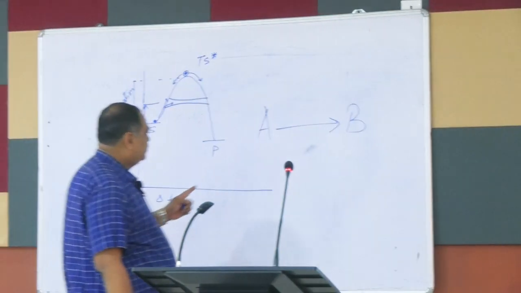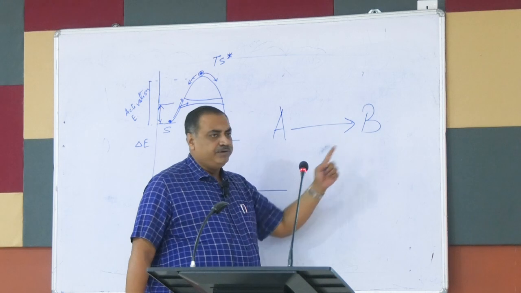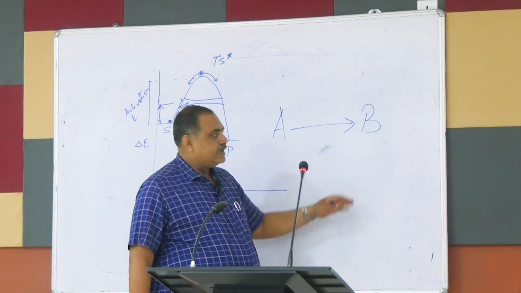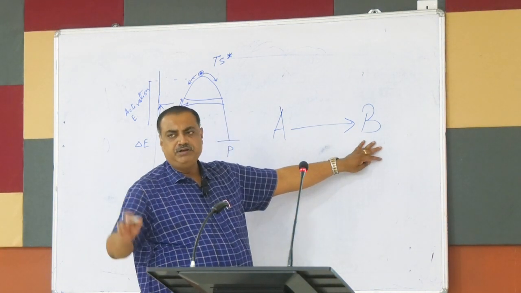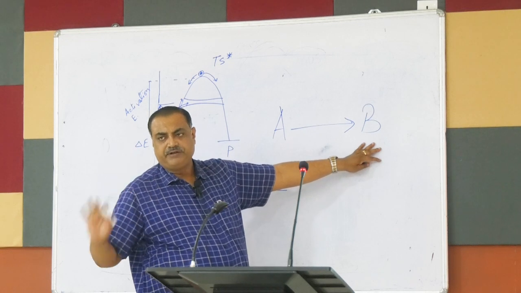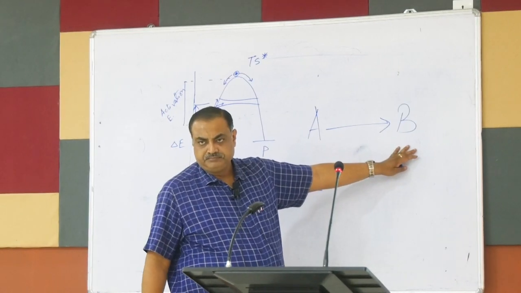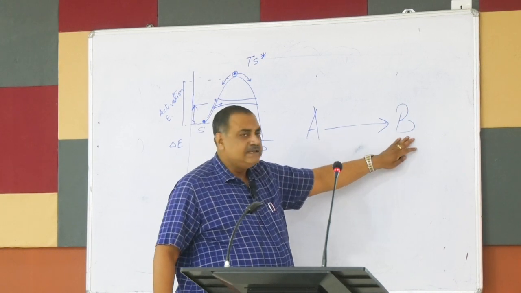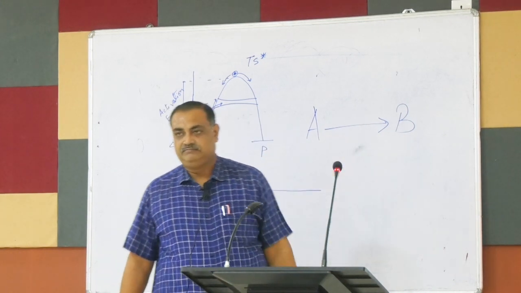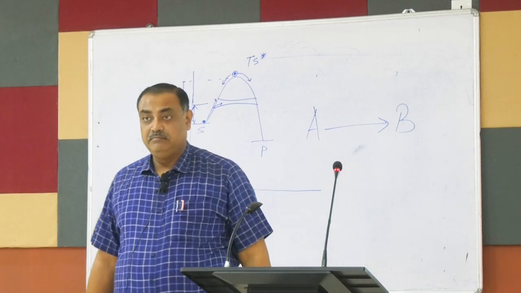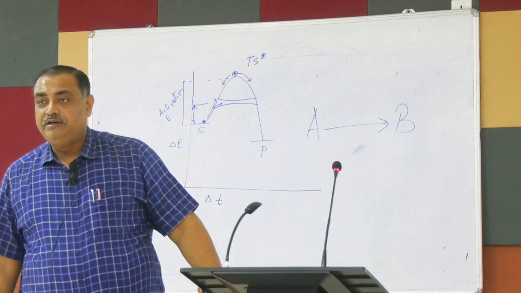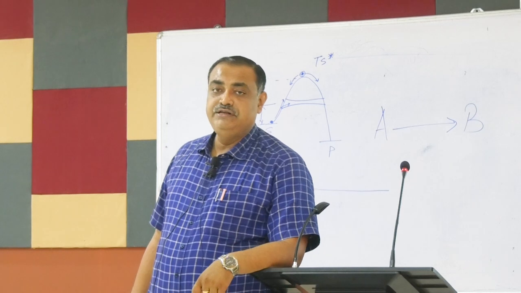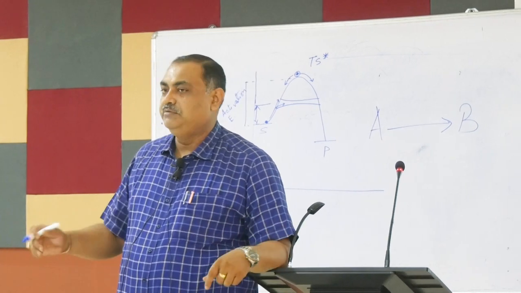So what Devarun told is that in a reaction where A is converted to B, the amount of B formed per unit time is the rate of reaction. What he didn't mention is that B is easy to measure. But if it happens that B is not so easy to measure, and only A you can measure, B you cannot measure,